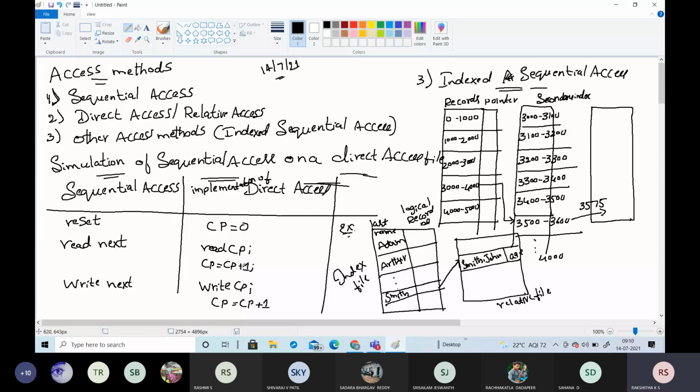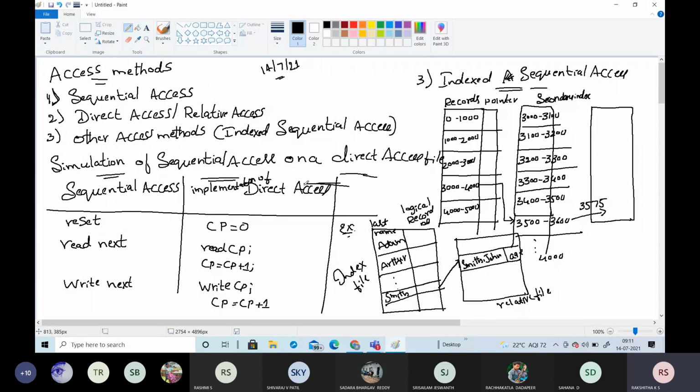Now if we want to write or update any data or information, you can do it using the function known as write current position, and the current position is again incremented. In this implementation of the direct access method, if I'm at the 50th record, I can directly access the information in the 75th record, directly by using the current position value. So this is the direct access method, or it can be called a relative access method.